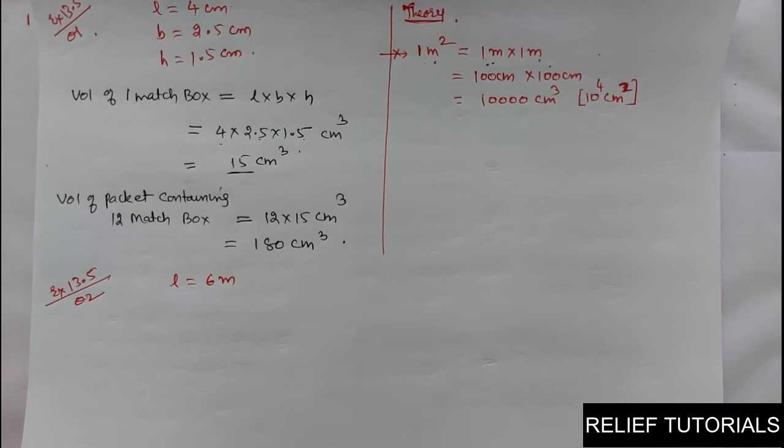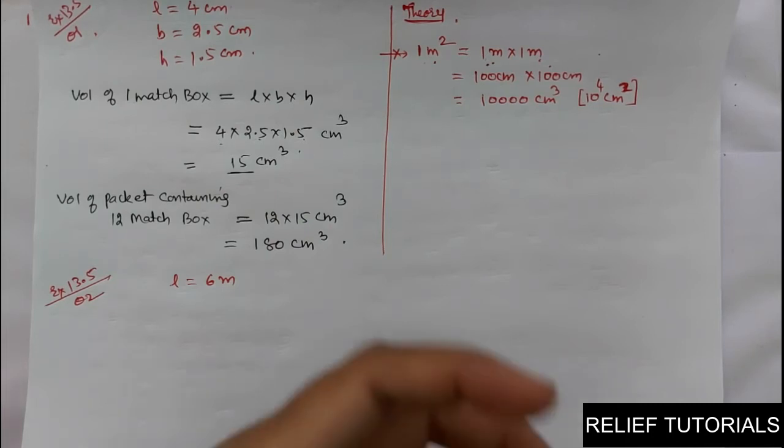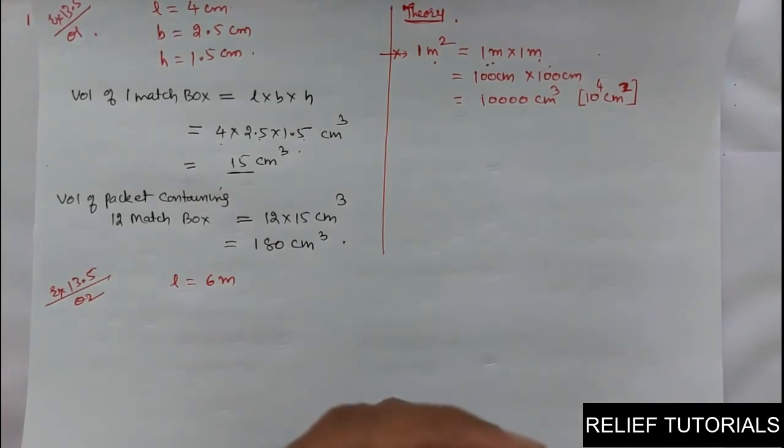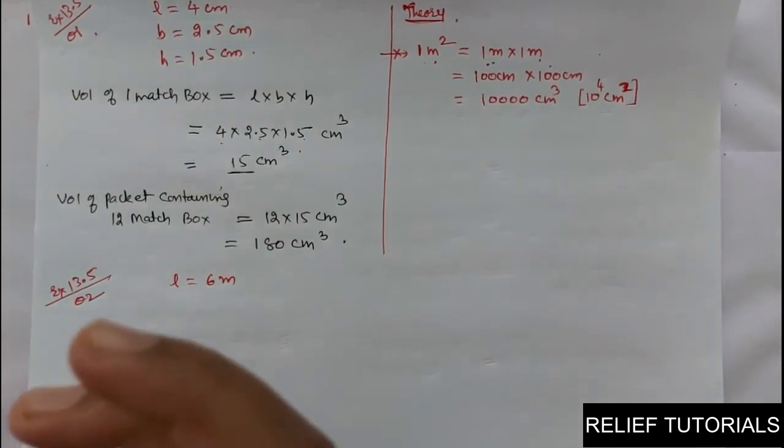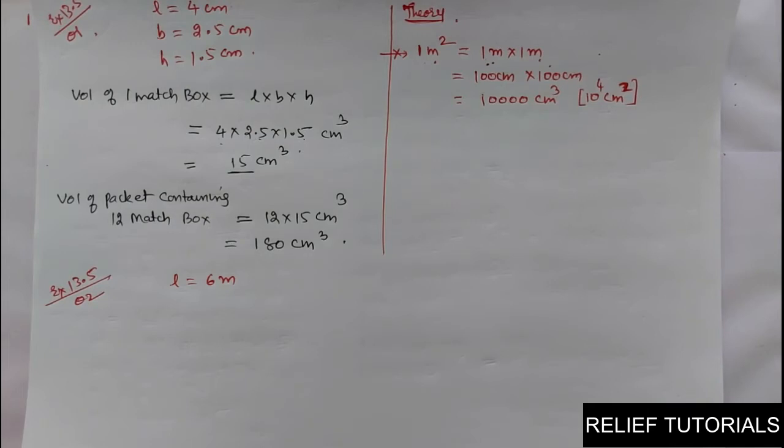In the morning, you know the milk vendor used to come and you used to take milk in a vessel, 1 liter of milk. So you can imagine approximately what quantity is equivalent to 1 liter. Suppose I tell you, prepare a cubical container so that it can hold 1 liter of water. What should be the dimension of that cube?